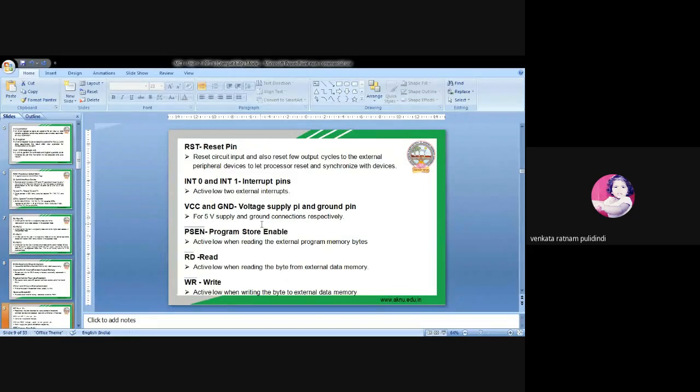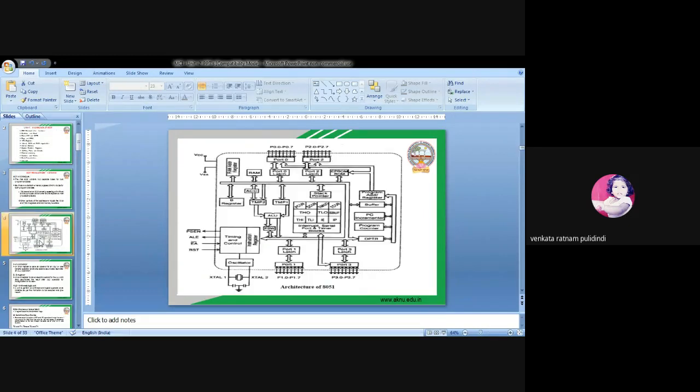Now we have another pin that is nothing but RST. All these we observe in the block diagram here. XTAL1 is here and XTAL2 is here, and here we have some IO lines. Here it is nothing but EA. So EA is nothing but external enable. For example, if the line is low, that means the processor is accessing the external memory location.